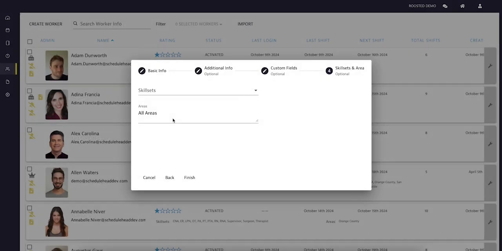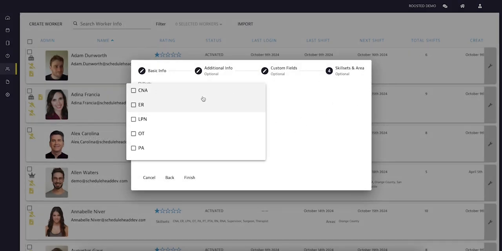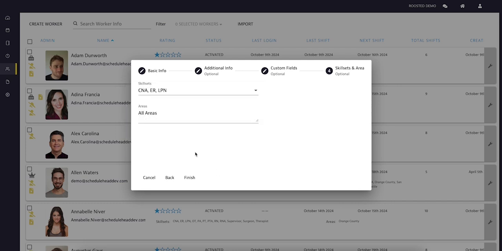The final step is assigning skill sets and areas. You can assign specific skill sets to the worker, and for larger organizations, areas can help organize workers by geographic regions. After clicking Finish, an invitation will be sent to the worker so they can log in and access their